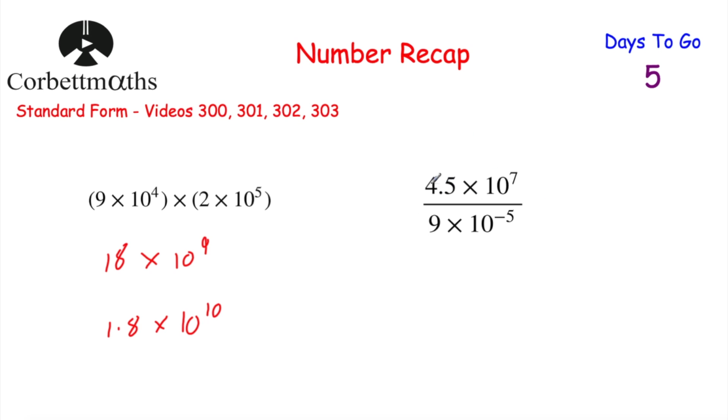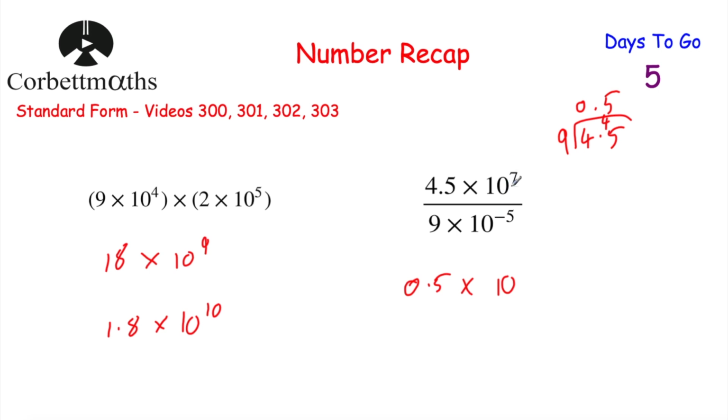In terms of division, well, we'll use a similar approach. If we've got 4.5 multiplied by 10 to the power of 7, and we're dividing that by 9 times 10 to the power of minus 5, we're going to divide these numbers, and then we're going to look at the powers here whenever we're doing this division. So in terms of 4.5 divided by 9, just using the bus shelter method, how many 9s go into 4? 0 remainder 4. How many 9s go into 45? 5. So 4.5 divided by 9 would be 0.5, so we'd have 0.5 multiplied by 10 to the power of,